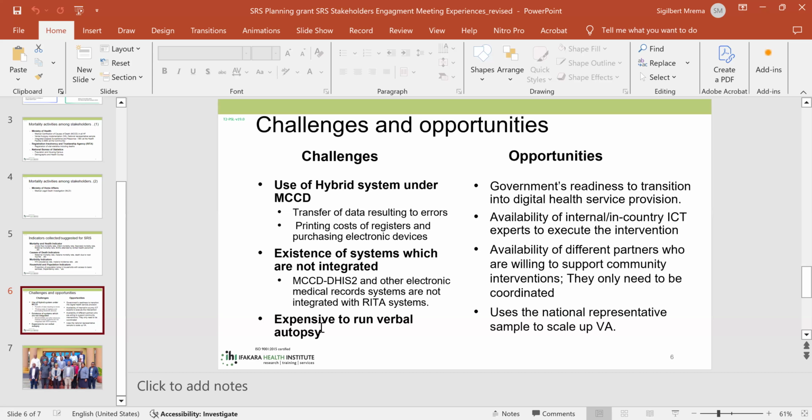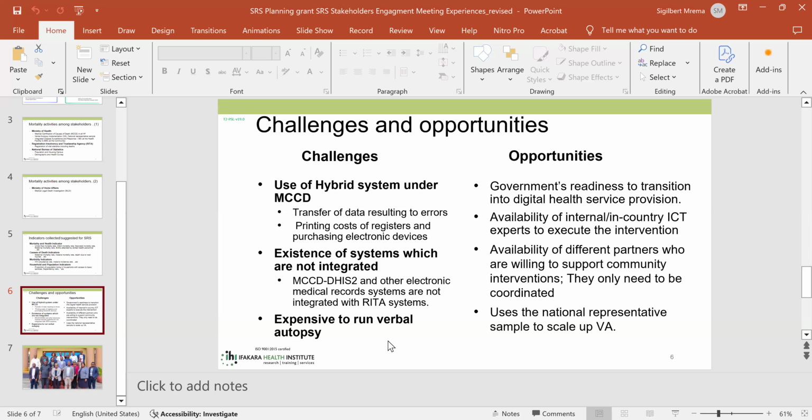And in terms of opportunities, the government is ready to transition to digital health service provision, there is availability of internal capacity to execute interventions, and availability of different partners who are willing to support community interventions. And also, we use the nationally representative samples for VA so as to reduce cost.